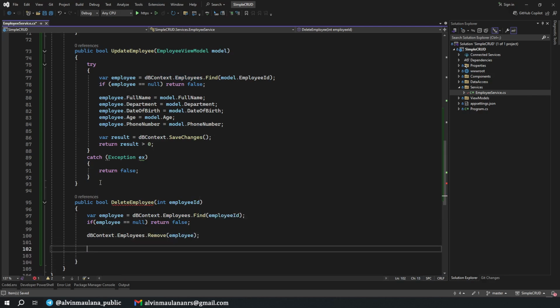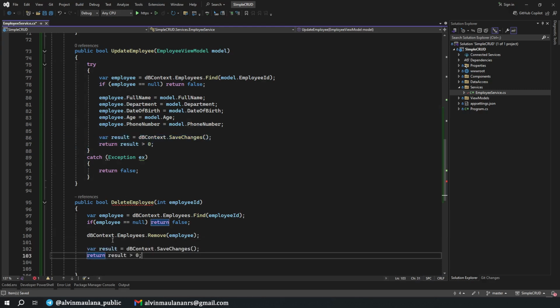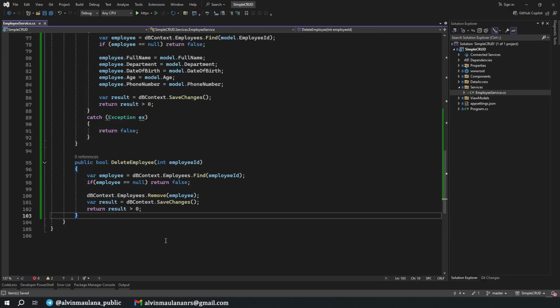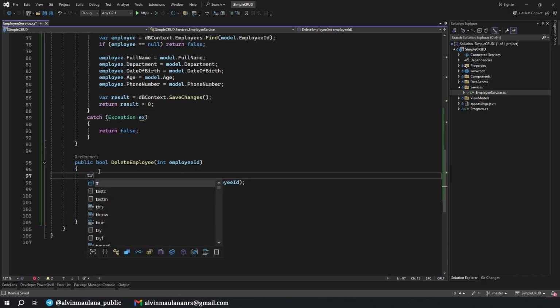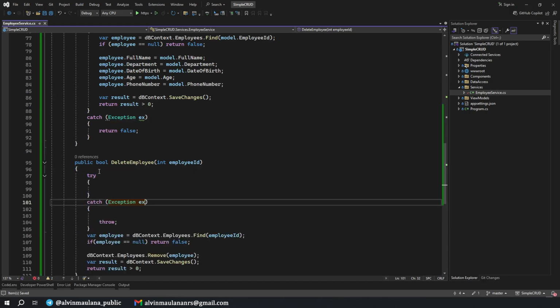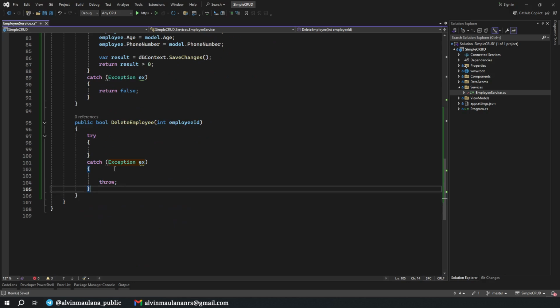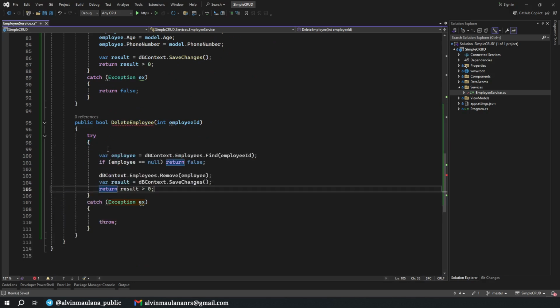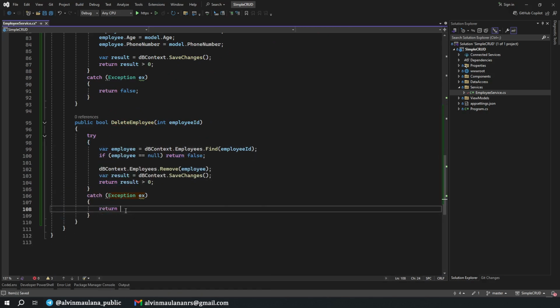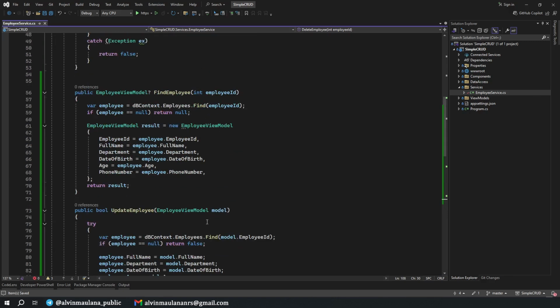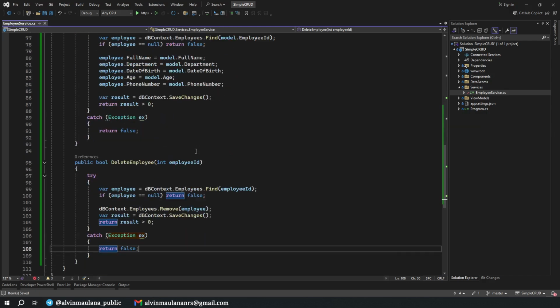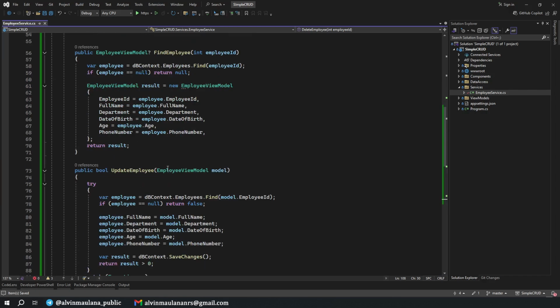And we also need to do the same as above. I think we can just copy. Maybe we're also able to wrap it under try catch, so if any exception happens, we can return false. Alright, all three functions in the service are complete.